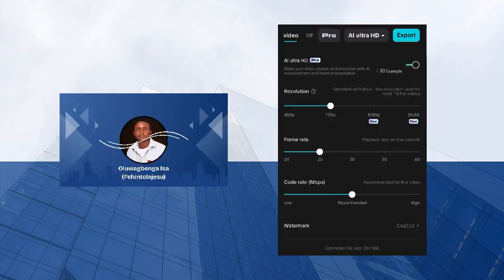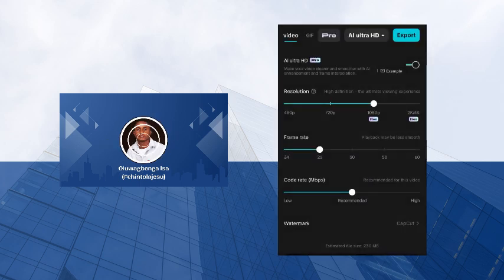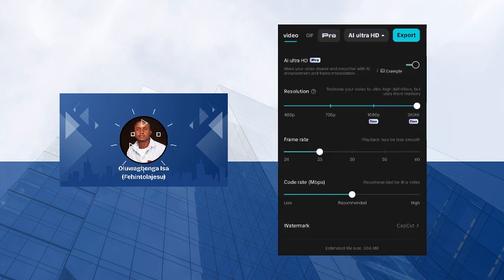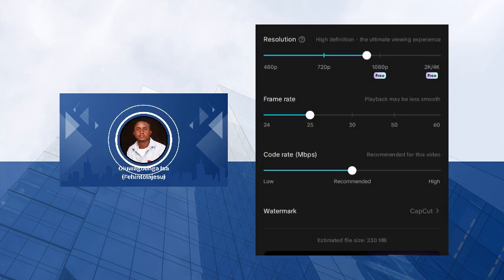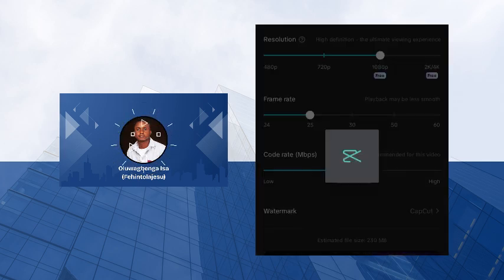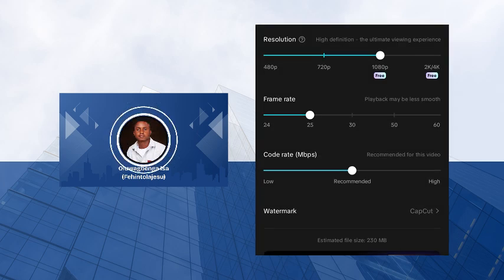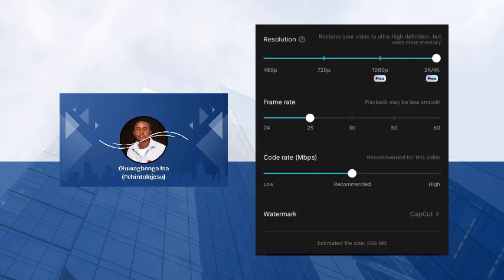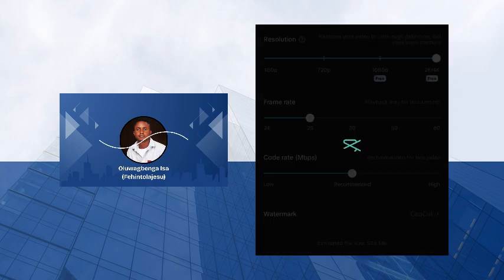All right. So I'll use this thing you can see on the screen as an example. I'm about to export a particular video, and now I have to choose the resolution with which I want to export that video. I hope you understand. I selected 480p as the resolution, and if you see the estimated size at the base of that screen record, you see 46 MB. If I decide to use 1080, it will tell me the estimated size for 1080, which is 230 MB. How about 4K? It means if I decide to export same video at 4K, it's going to be 506 MB.